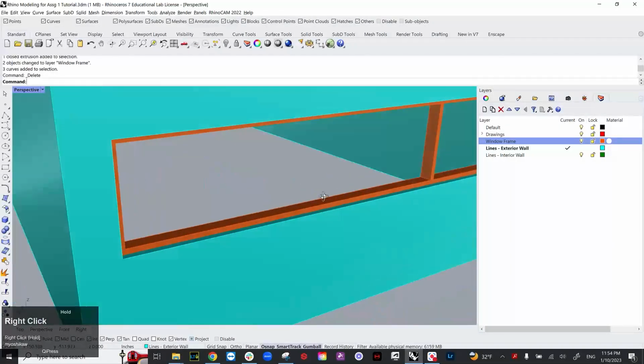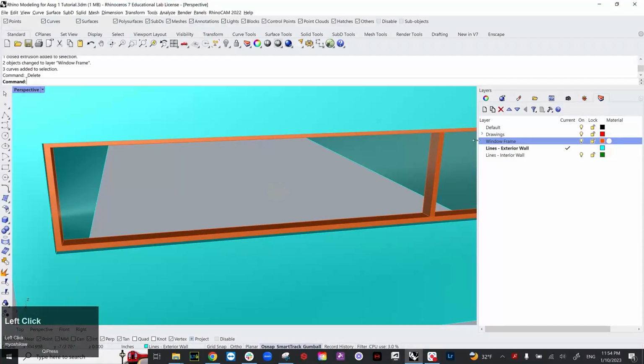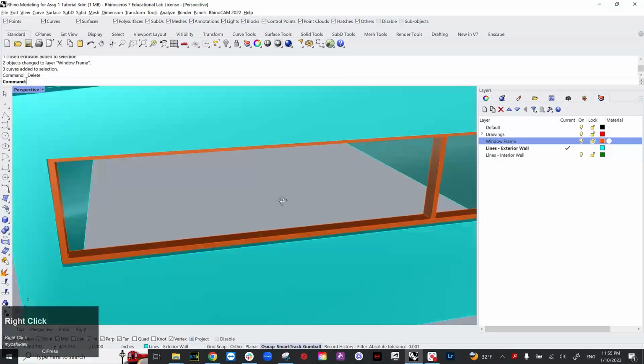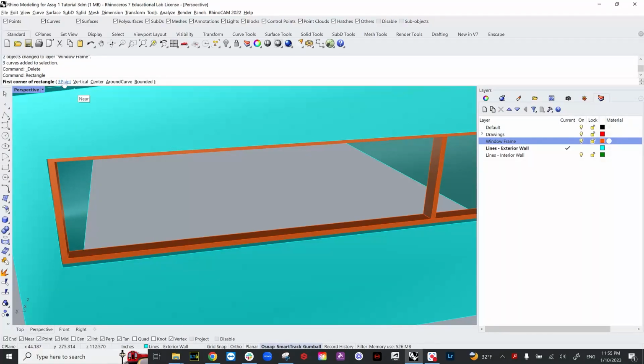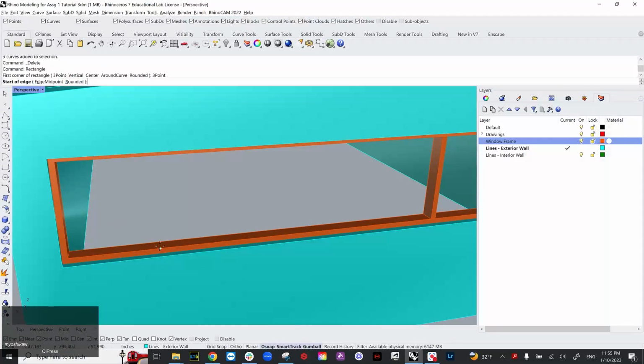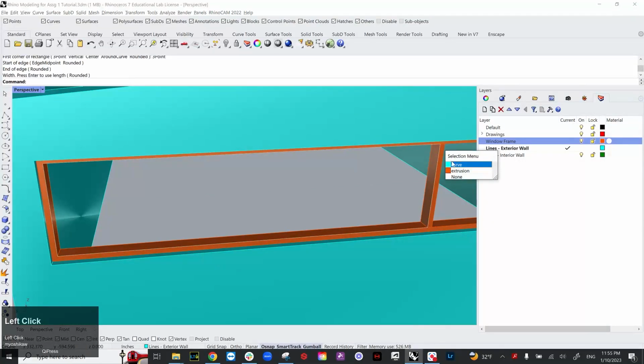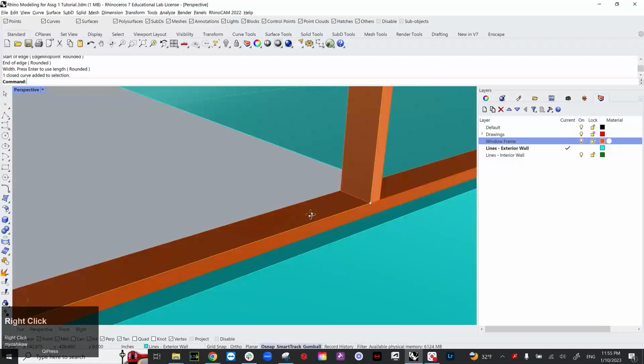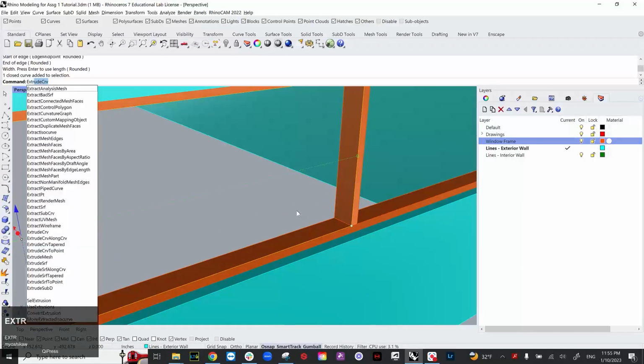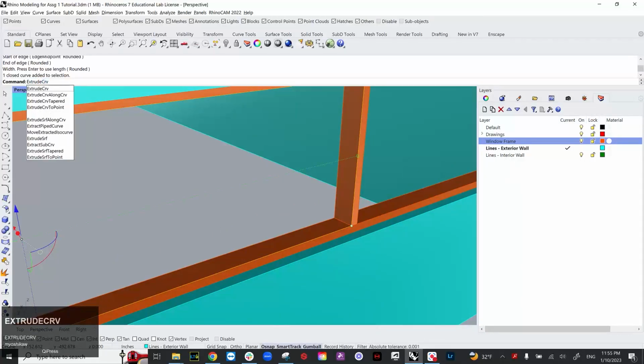I'm also going to create a rectangle in this shape. To do that, I'm going to uncheck project, type rectangle again, and this time I'm going to left click where it says 3 point. This will allow us to create the rectangle with 3 different points. Straightforward. So first point is over here, second point is over here, and third point is over here. Now I'm going to select this curve, extrude this curve, so extrude curve,